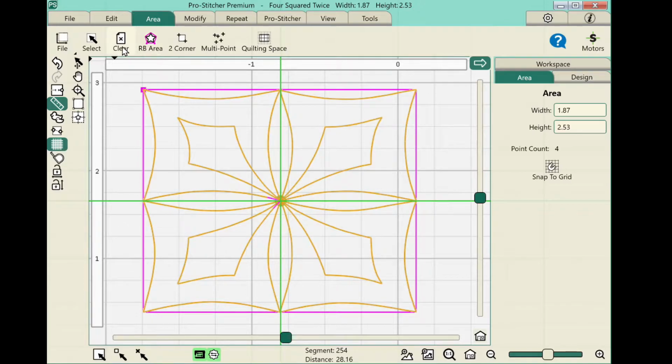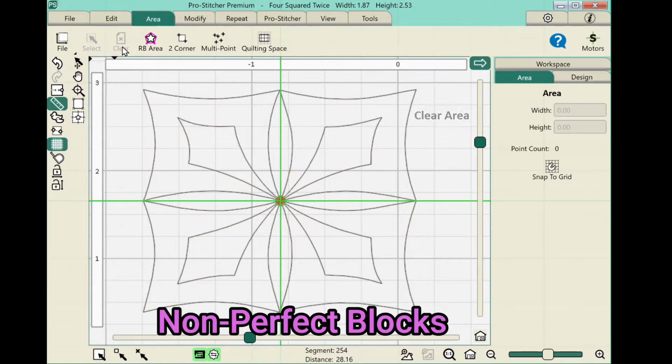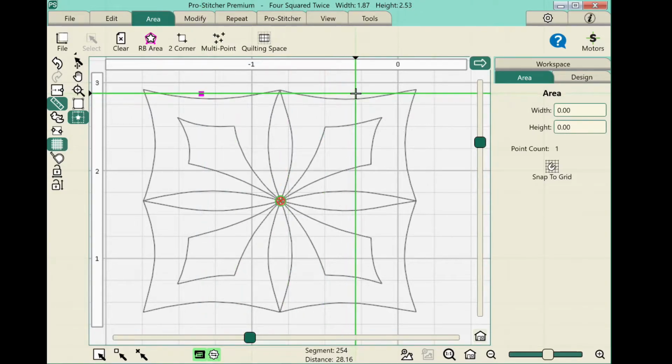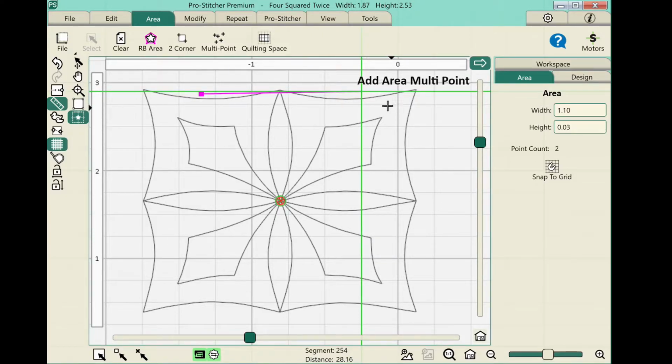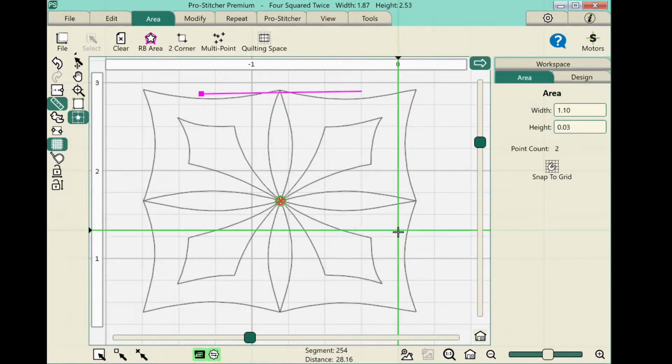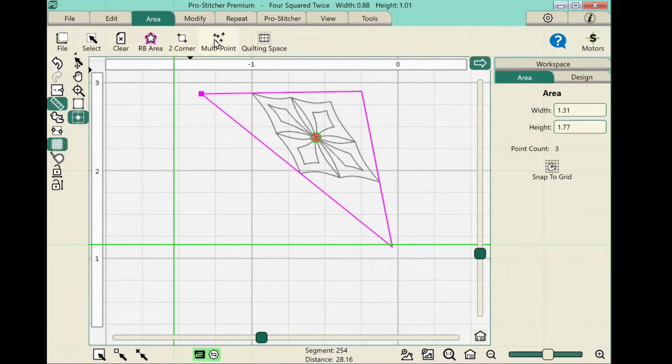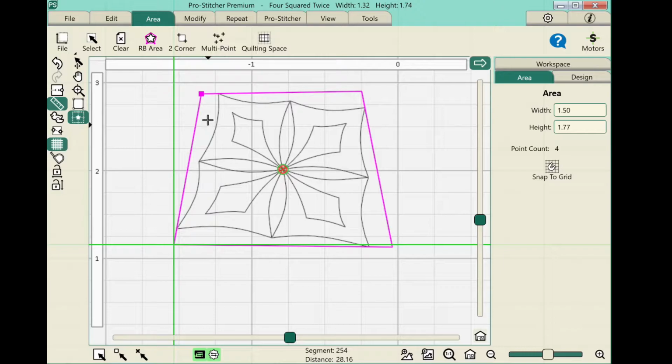This way you don't have to manually stop or pause the machine in its stitching. But what happens if you don't have a perfectly square block? The software does afford you the option of doing multiple points. So I've cleared off my area and I'm now going to select a multi-point. Continue to move my cursor to a new position and click multi-point each time I change a direction. Now it doesn't have to be a large direction and you can use as many points as you want. We're going to stick with 4, but I just want to make it slightly off to show you that if you don't have a perfectly square block,